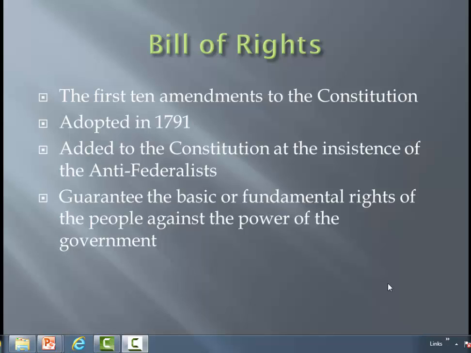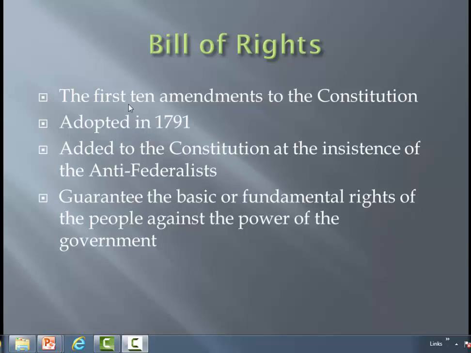If you're watching this, you probably have already looked at all of the videos on the Constitution. The final one is, of course, the additions to the document. And we're going to go through the Bill of Rights and the subsequent amendments that follow. So without further ado, let's do it.